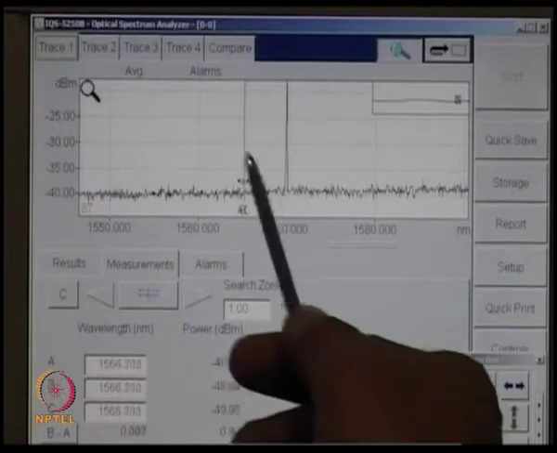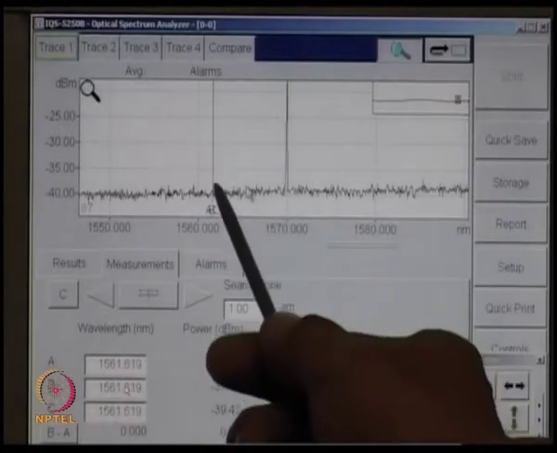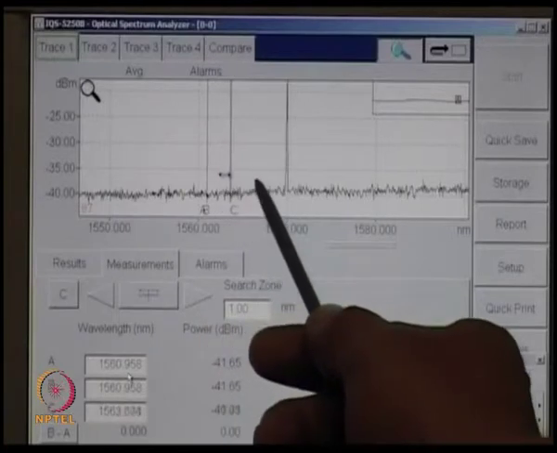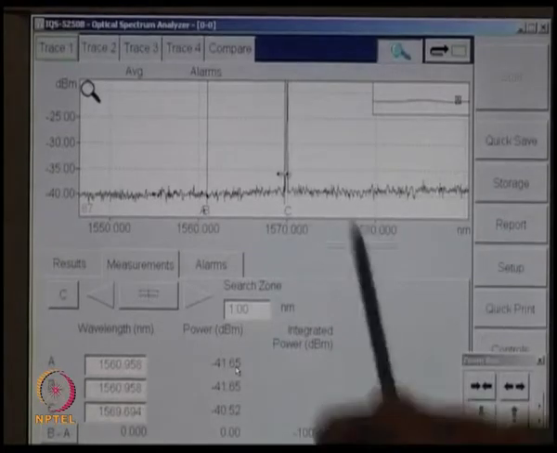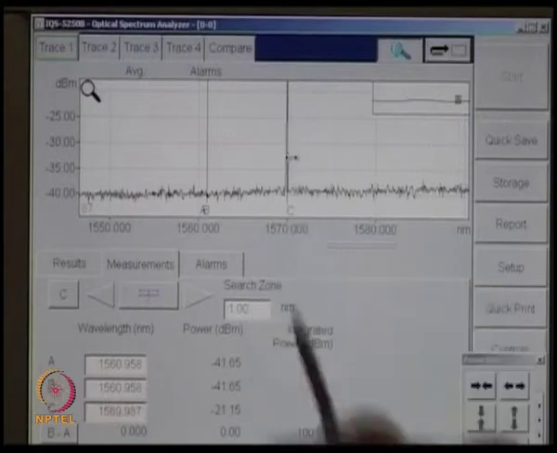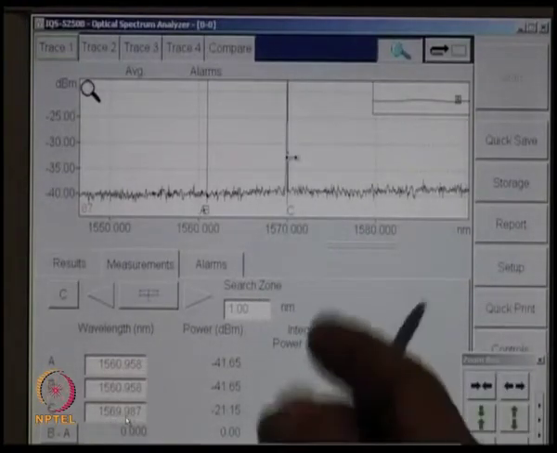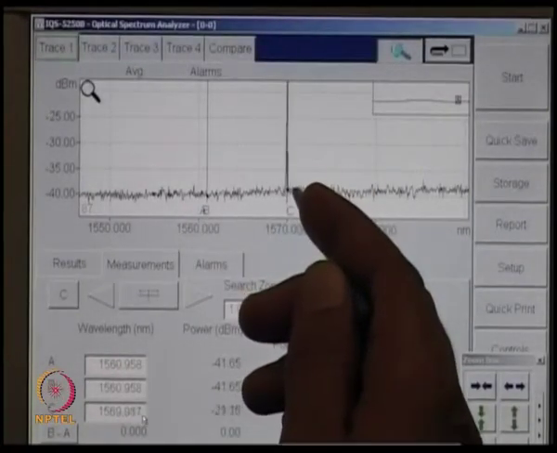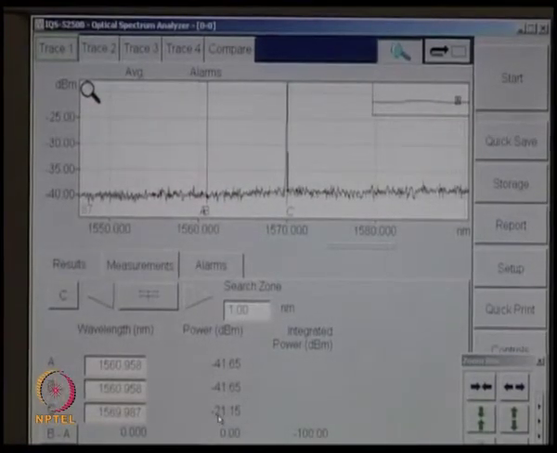These are the cursors you can place at any location you like, and these are the corresponding readings for the three cursors. So this is the wavelength and this is the power corresponding to that cursor location. So you see at this wavelength 1569.98, which is approximately 1570 nanometers, you have a power in terms of dBm, which is minus 21 dBm.